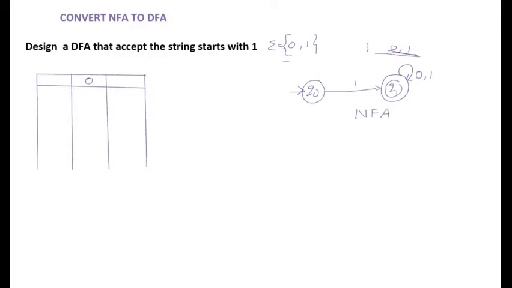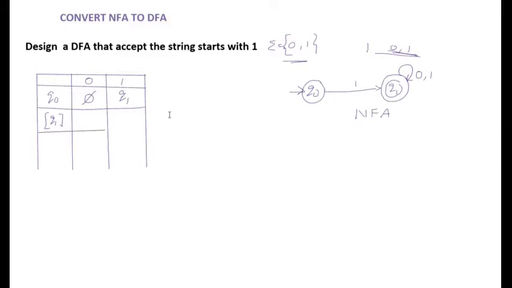As there are two input symbols in the NFA, we need to take 3 columns in the DFA. Here we need to specify 0 and 1. Starting with the state Q0, Q0 on 0, there is no transition specified, so we need to write phi here. And Q0 on 1, it is moving to the state Q1, so let us write Q1 here. In the first row, Q1 is a new state, so let us introduce that Q1 in the first column as a new state.